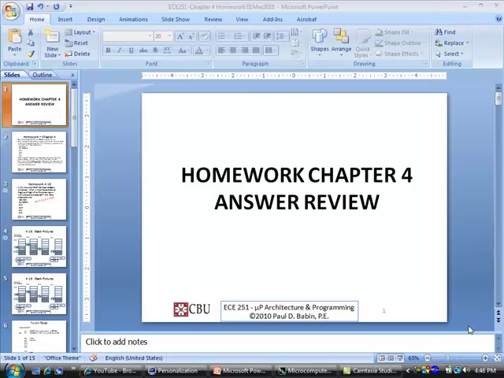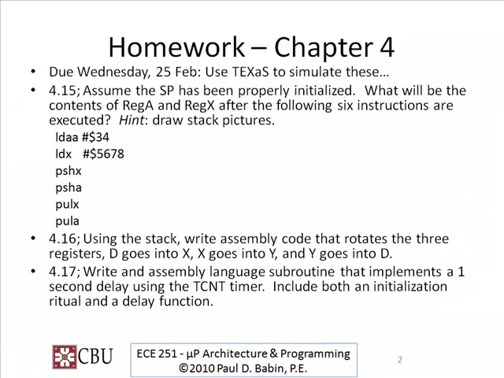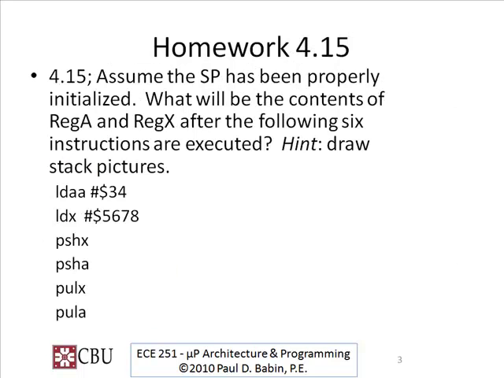Okay, we're going to review the Chapter 4 homework, and this will be a three-part video. In the first part, we're going to look at the first problem, 4.15. After we have initialized the stack pointer and executed these 6 instructions, what will be the contents of register A and register X? The book gives a hint to look at stack pictures, and I give another hint to try it in TExaS